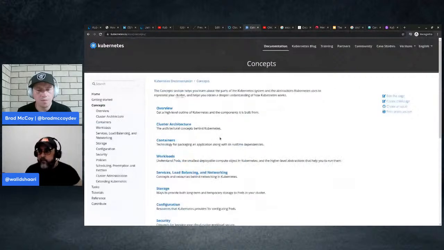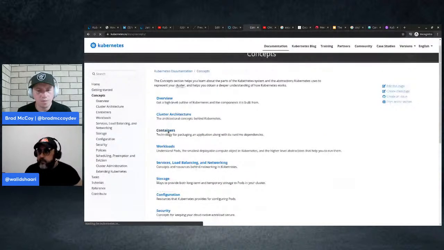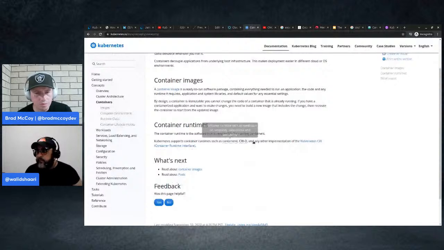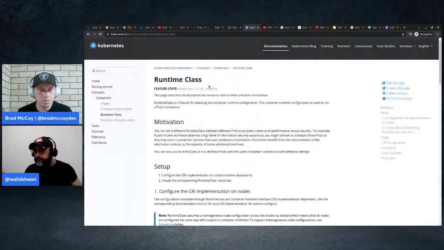So if you go over these, let's again focus on containers. A container image: what is a container versus a container image? What are the container runtimes? You follow the links and read about it and read the definitions, and I think you will do very well. What is a runtime class? Why do I need it? All these concepts, I think, are important for you to cover for the exam.